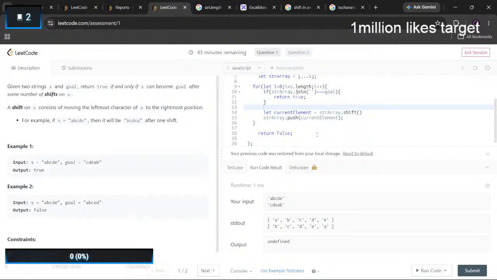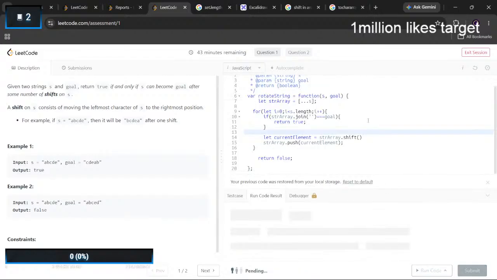Going from input, you're comparing it to my goal. Remove the current element, shift up, and after that I'm pushing it back to the current element.